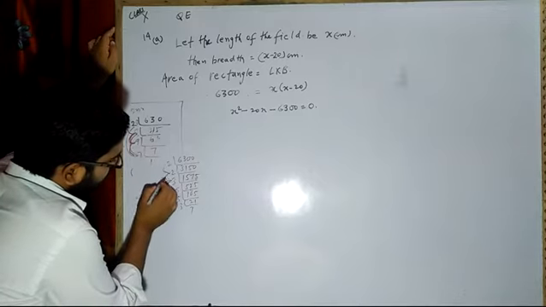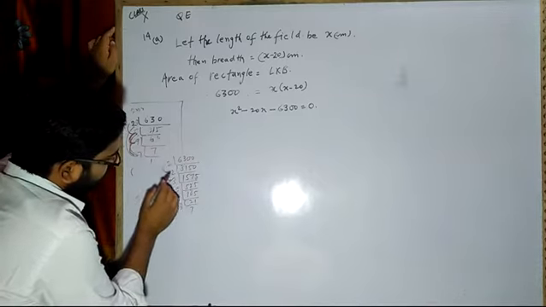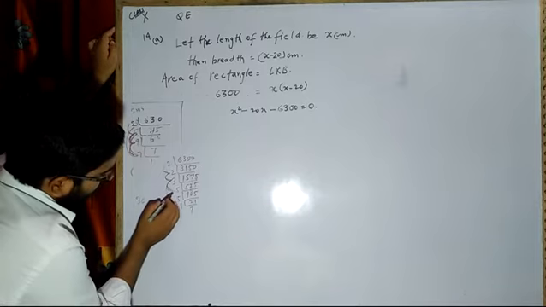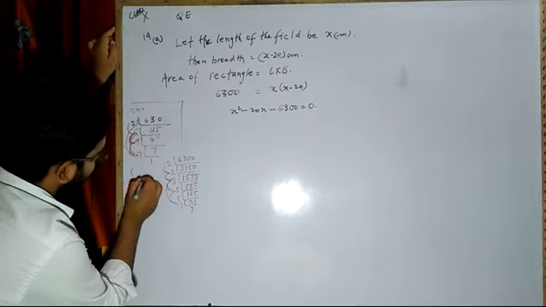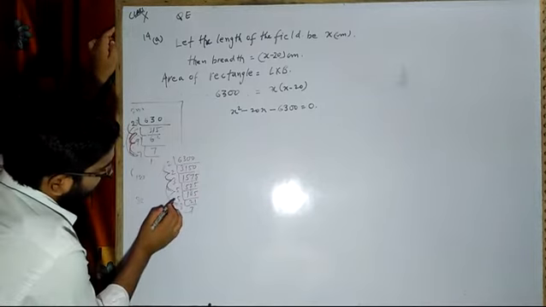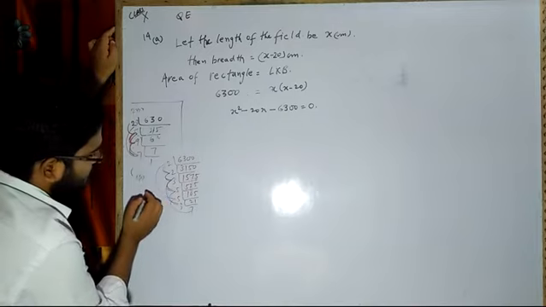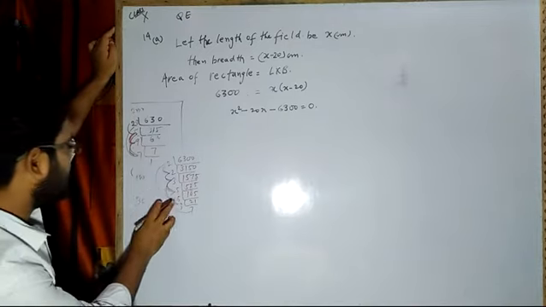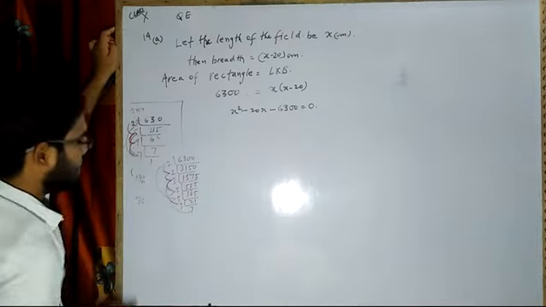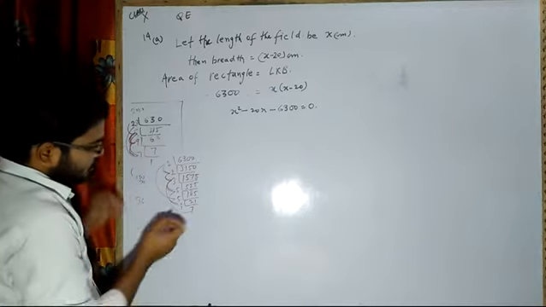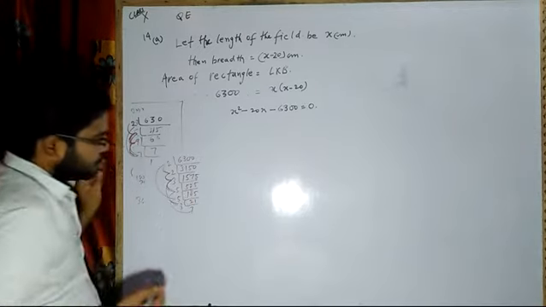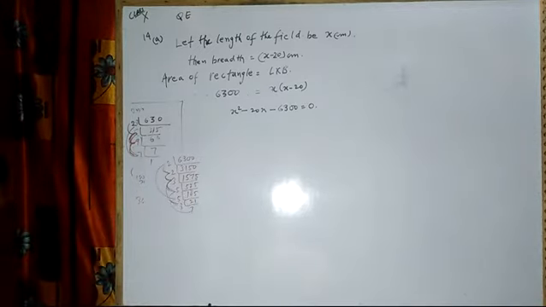I will remove one 2. Then I will take 2 into 3 into 5. 5 3s are 15, 4s are 60. 60 into 3, 180. And then 7 5s are 35, 35 into 2, 70. This is also not possible. Then what combination should come, my dear? To get the combination, let me try rough.